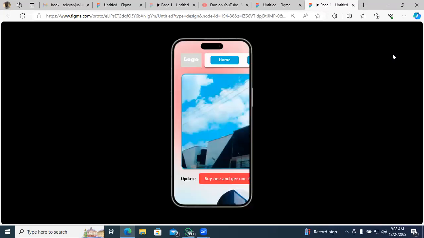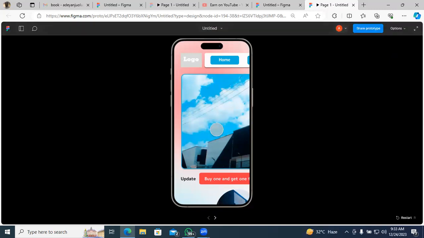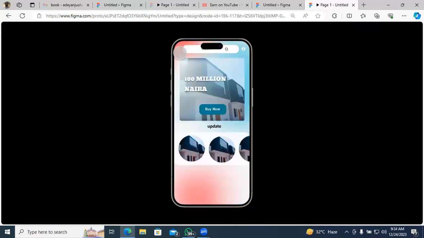It's loading in place. The screen is on mobile version. Sorry, it should have been on desktop.